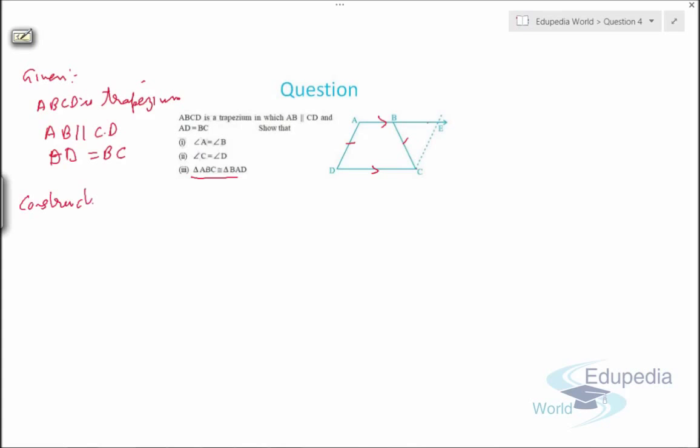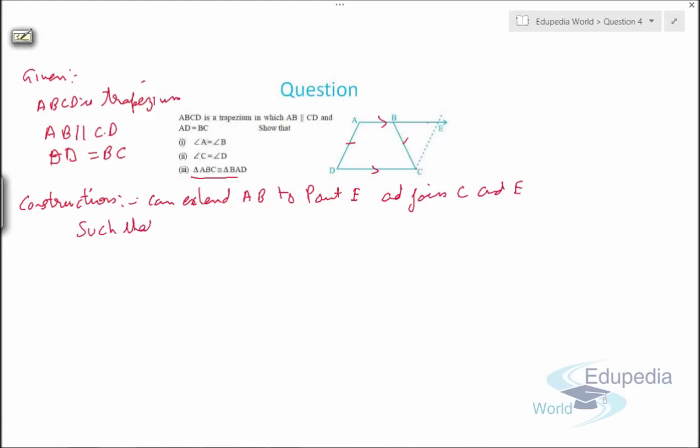So, which is very important when you are doing the questions in the exam. So the construction is, we can extend AB to point E and join C and E